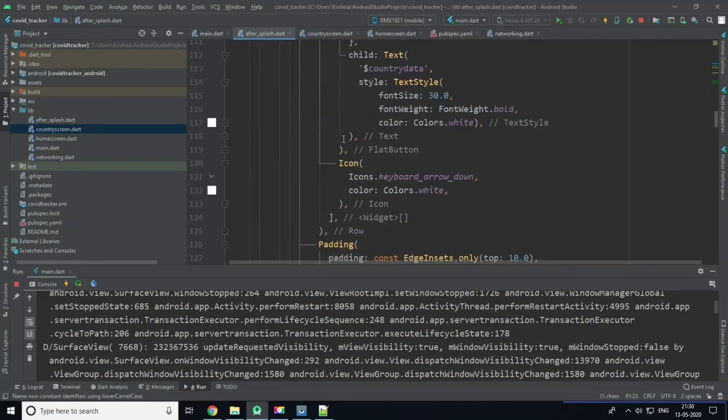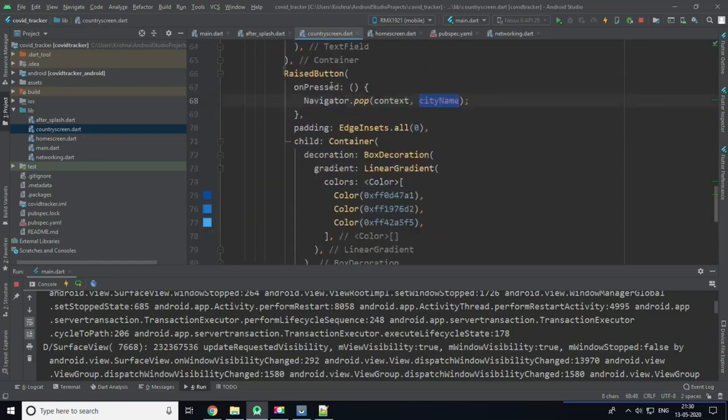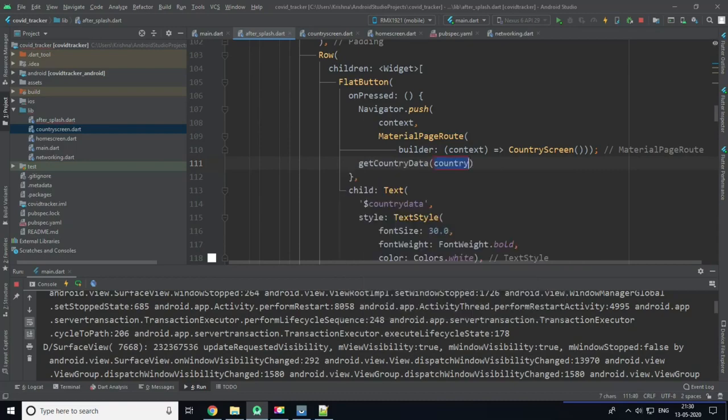So one more thing we need to change is when we create a FlatButton, requesting an output from our city screen, which is a city name. So what we are doing here, we will capture getCountryData and typedCountry. Now the typedCountry is this Navigator.push. Now I will create a variable called typedCountry, which is equal to our Navigator.push. So now we need to make our onPressed asynchronous and use await. Okay, so everything is working perfectly now.